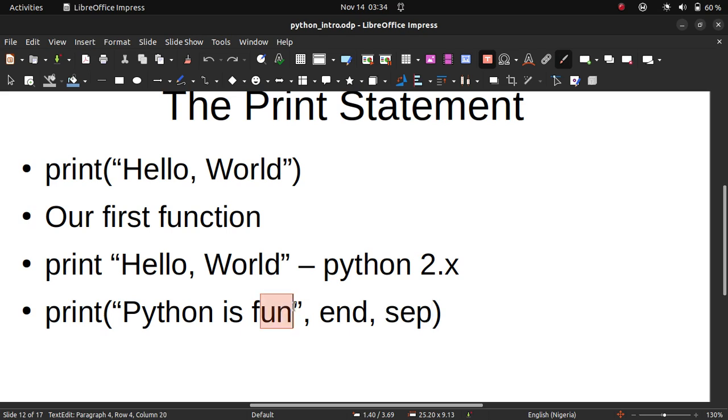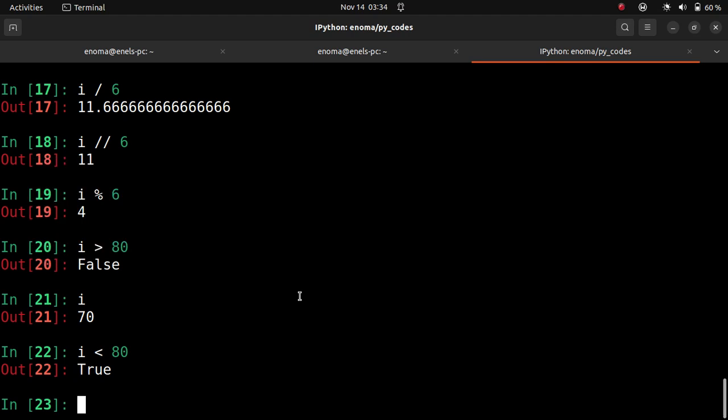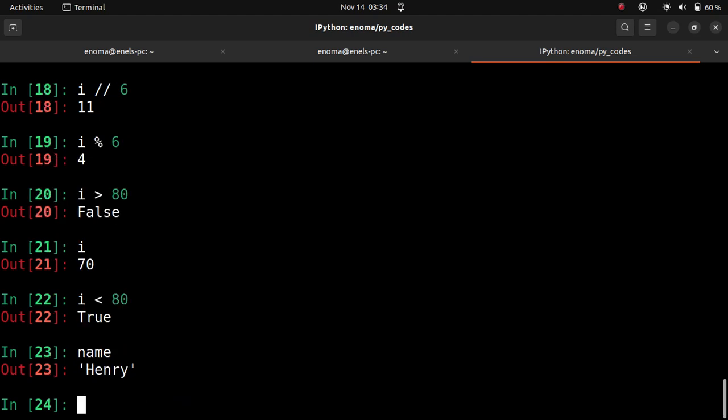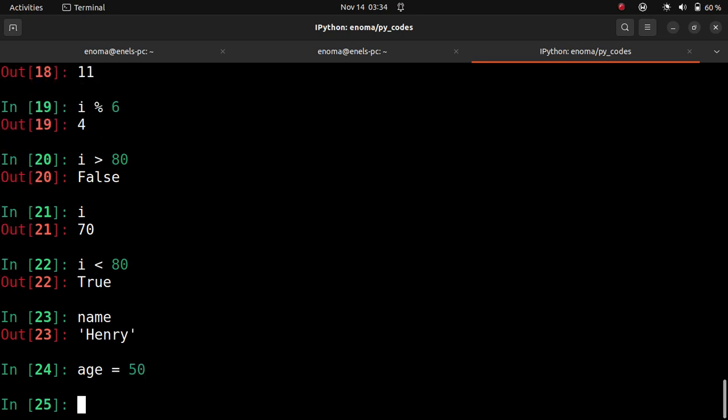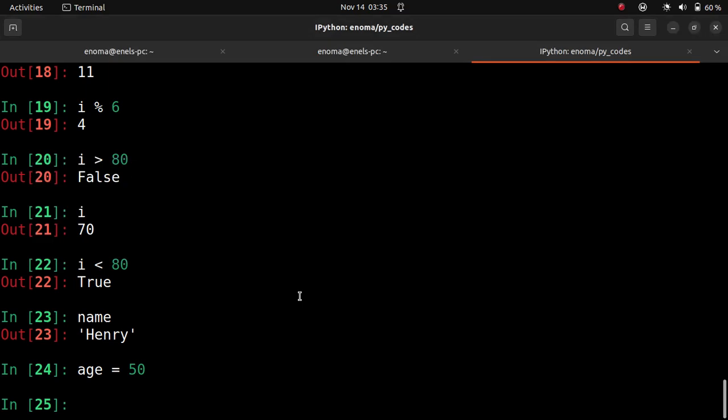For example, let us particularize something like that now. What is name? Okay, name is Harry, right? Have we done age? Okay, let's say age is 50, right? Then let's just use this to particularize our end and our separator. I'm going to start with the separator part of things. If I want to print something like, let's say I am Henry and I am 50 years old, I can do something like